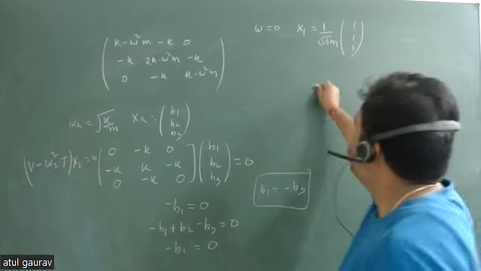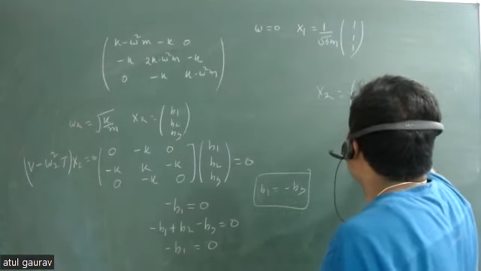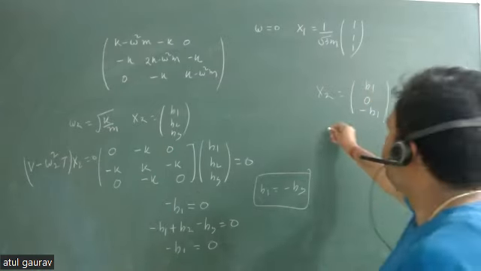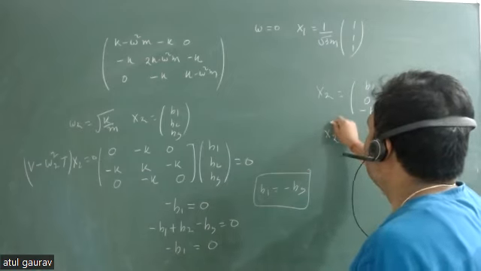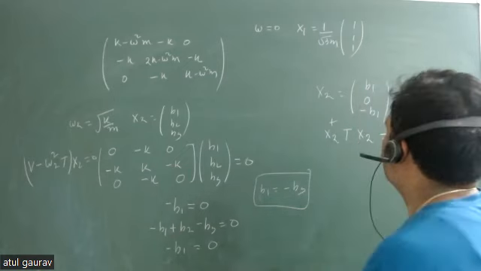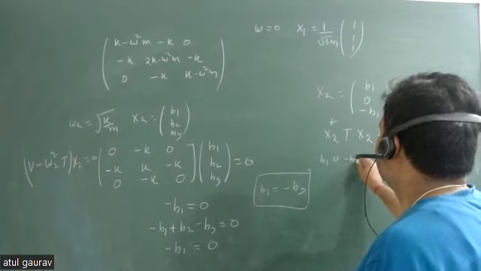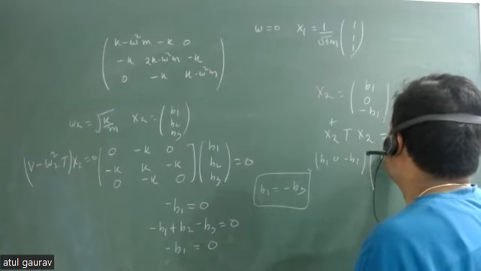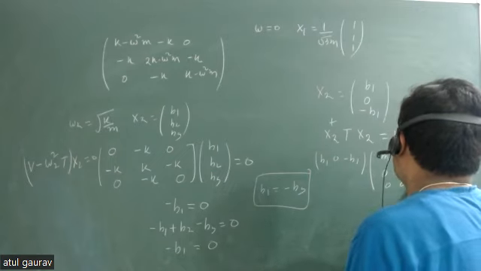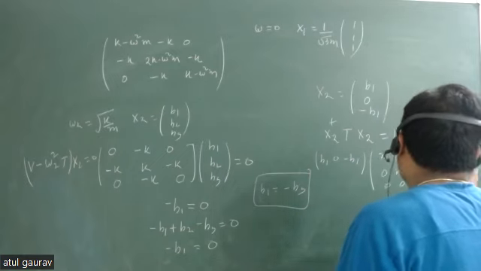So x2 is equal to what? So your x2 is equal to b1 0 minus b1. And now we can find the value of b1. How you will find the value of b1? x2 transpose kinetic energy matrix x2 must be equal to 1. So you have b1 0 minus b1. Your kinetic energy matrix is m 0 0, 0 m 0, 0 0 m, and you have b1 0 minus b1